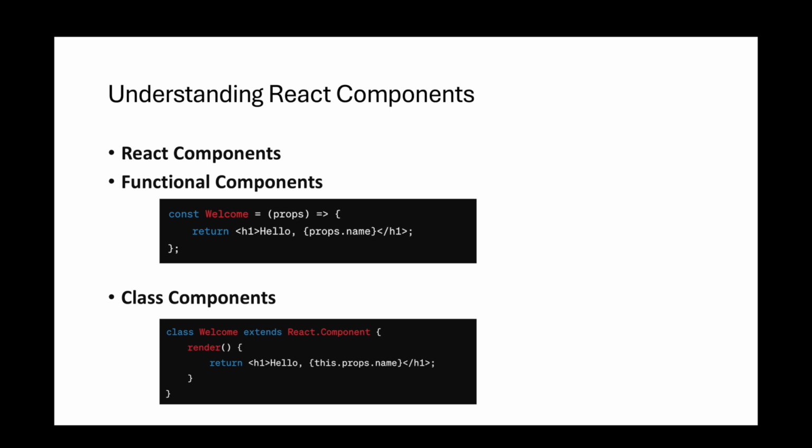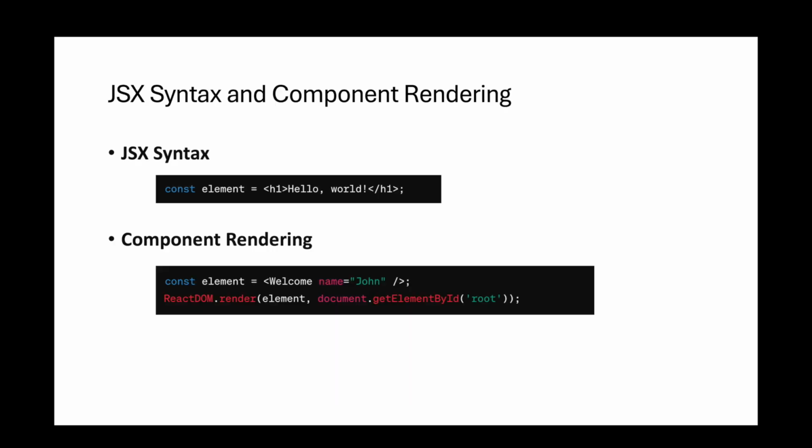Class components. Class components are ES6 classes that extend the React Component class. They have a render method that returns React elements and can also manage local state and lifecycle methods. Example: class Welcome extends React.Component { render() { return <h1>Hello, {this.props.name}</h1>; } }